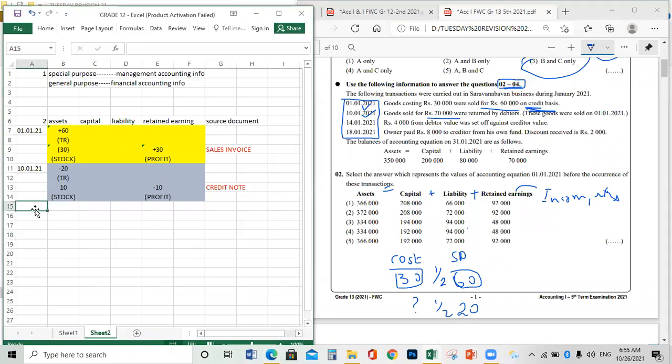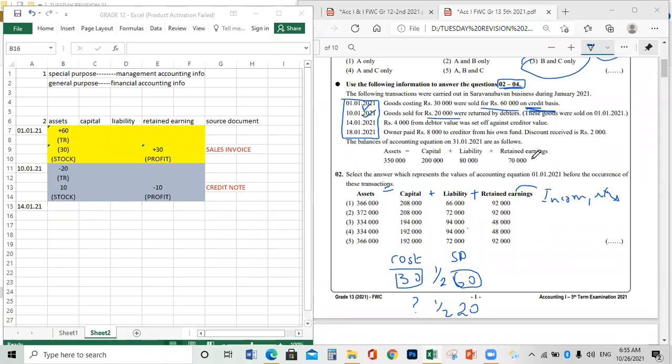Now let's go to the third one. That is 14th January 21. Okay, now let's read it. 4,000 from debtor was set off against creditor value. Guys, you are making a set off entry. What is a set off entry? When an individual is a debtor as well as a creditor, what you can do is set it